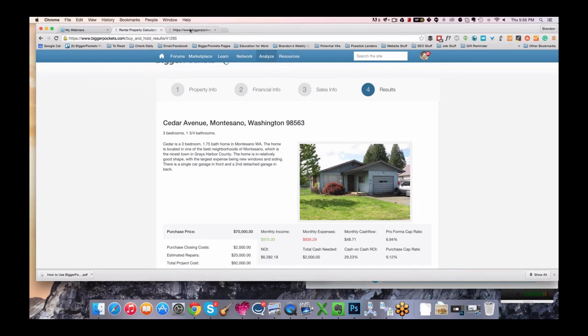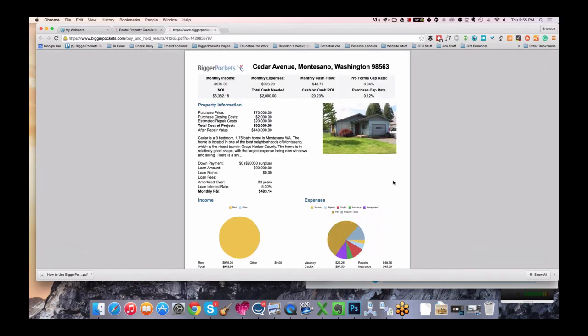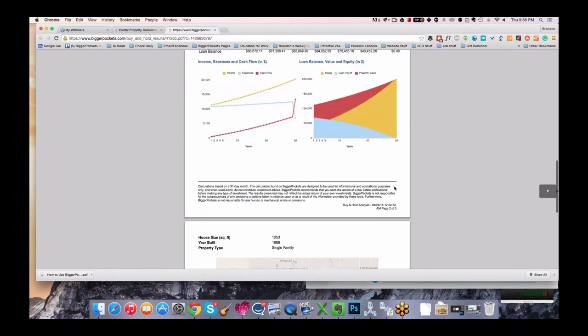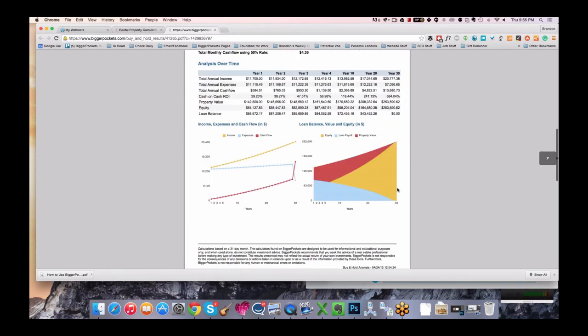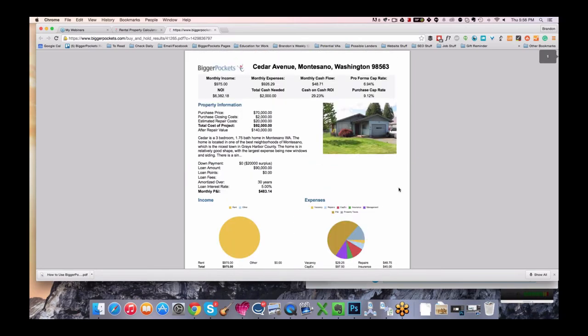And then lastly, the PDF reports, I highly encourage people to use these. What the PDF reports are good for is showing your lender, showing your partner, showing your spouse, maybe a private lender, maybe a bank, whatever. If you need to show somebody how strong of a deal something is, use these reports. And that is exactly what I do with them. I print out these PDF reports or I'll save them to my computer and email them to people because they show exactly the deal. I mean, they show everything the person could care about.